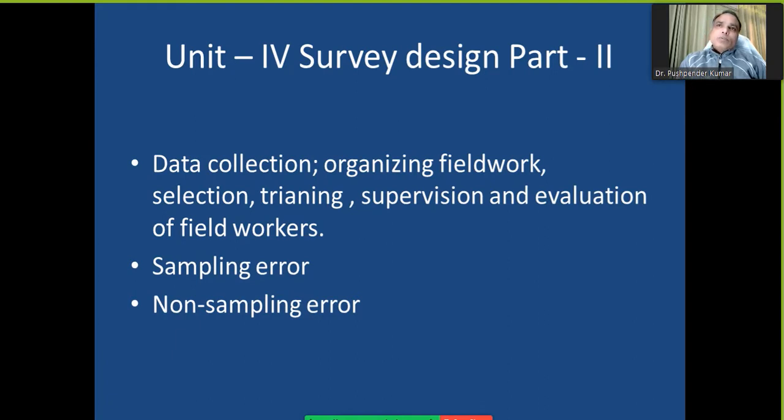Whenever they are supposed to approach a respondent, they need to take care that they are not disturbing them, and before you actually physically visit them, you need to take permission in advance that we are coming for this particular purpose. So you need to be very honest, because these people, the respondents, are going to give you very important information, their opinion, their likes, their dislikes, and sometimes you ask for a demographic profile, and they give you that also. So it is your duty that you are not going to misuse the information or the data.